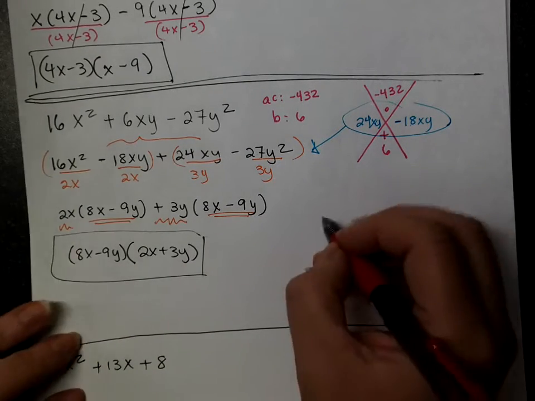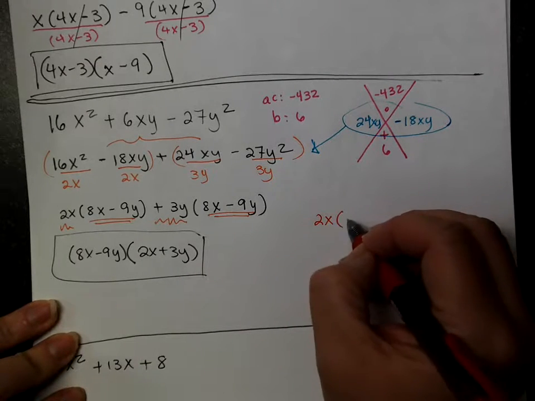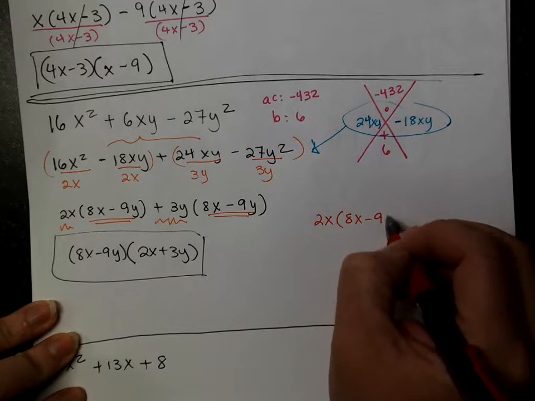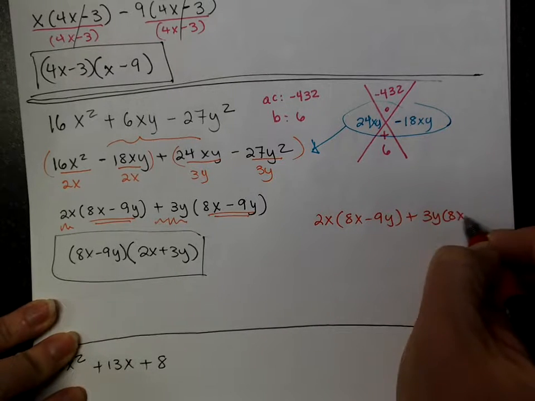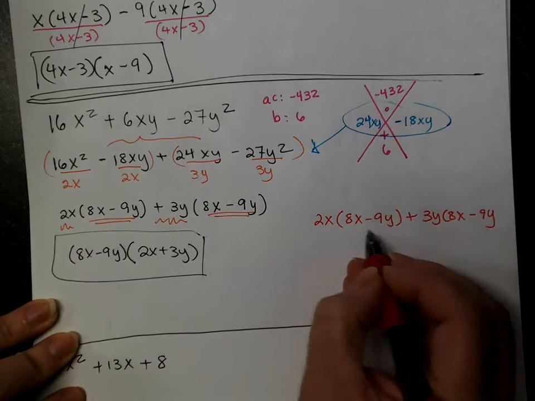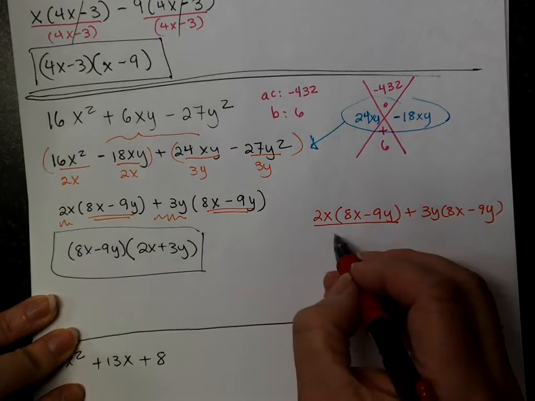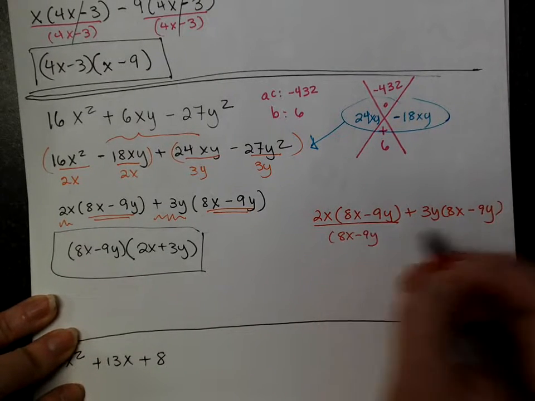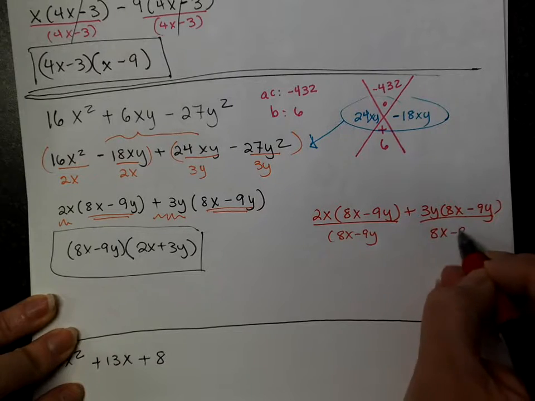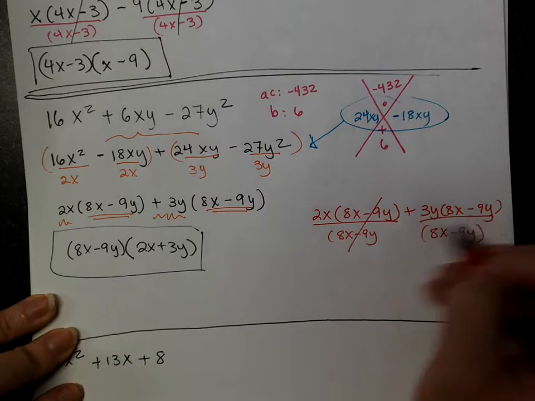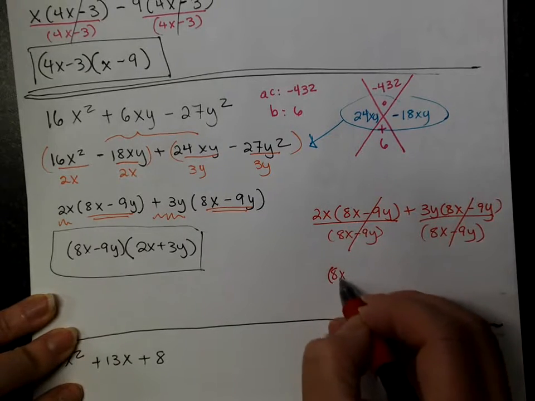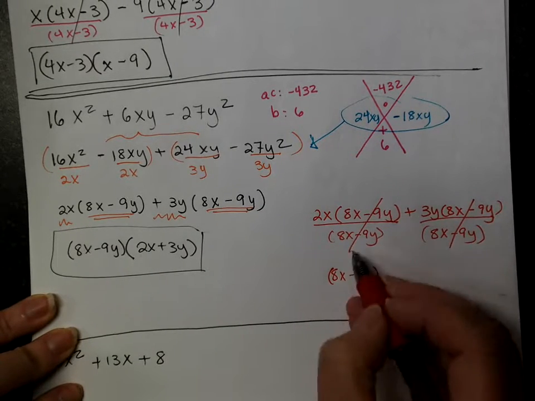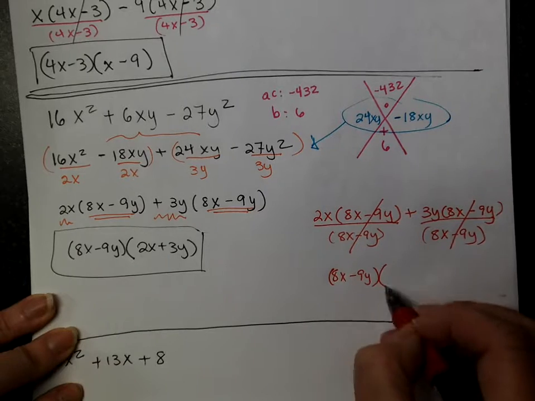And to write it in a way this may be easier to look at, and feel free to keep writing it out this way, minus 9y. So here's our 2-term sum. 1-term, 2-term, and the thing they share in common is 8x minus 9y. Okay? So that divides out. If that's the GCF, you have to write the GCF. It's part of the final answer. And when it divides out, what it leaves behind is